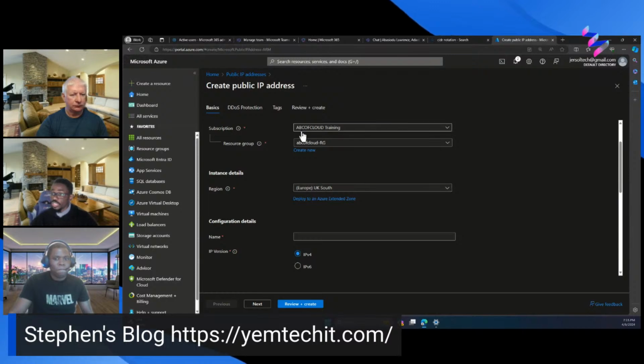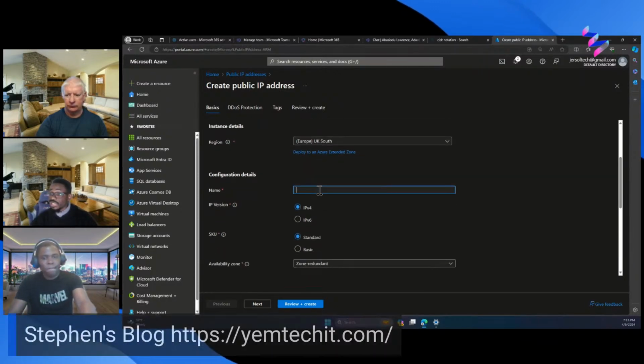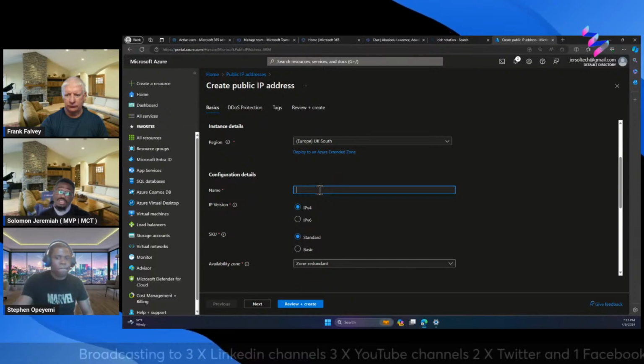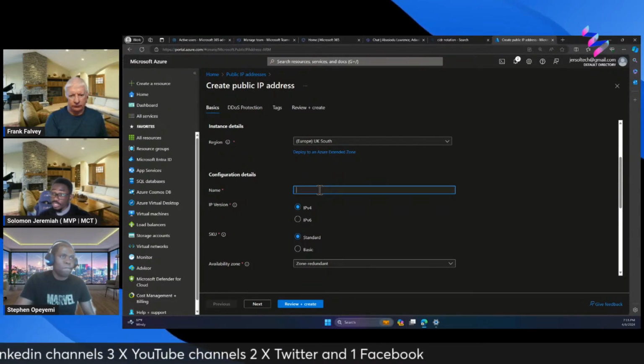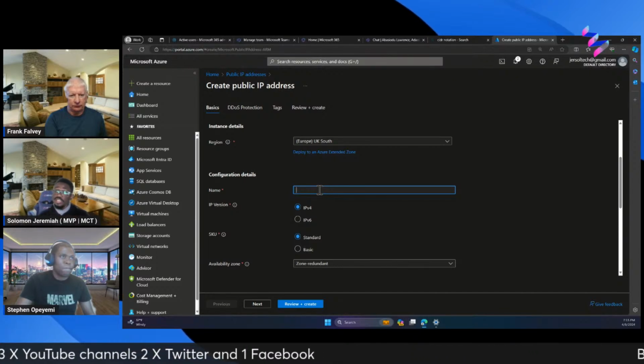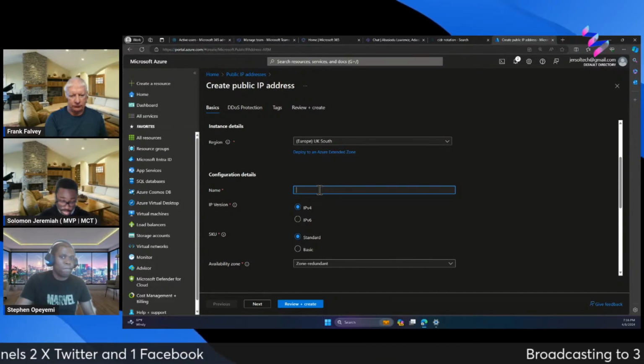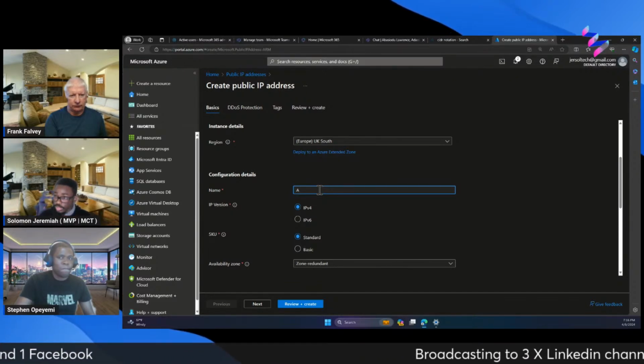So these are like the first things we are seeing here. The next thing we are going to be seeing is the name. We want to name the public IP address. So the name I'm going to use, I'll just use AI,